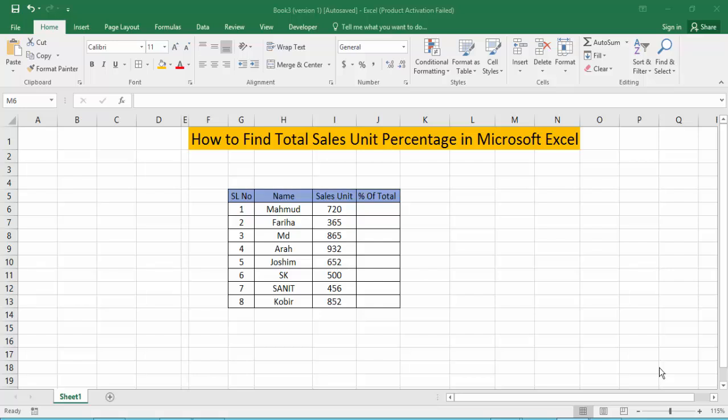At first, open your Excel document file. Firstly, I show the Excel document with the sales unit column and the percent of total column. We find this from the percent of total. Firstly, now select